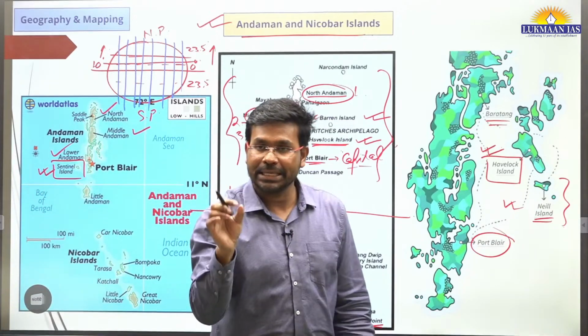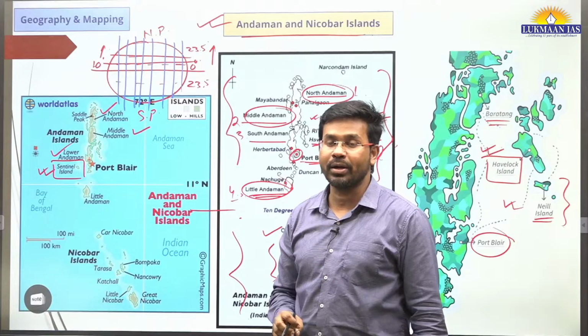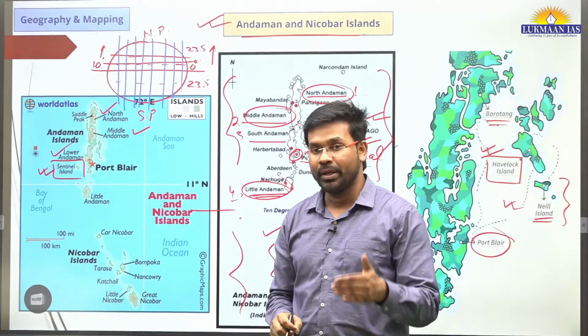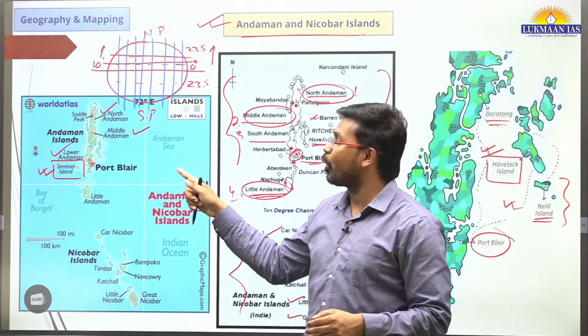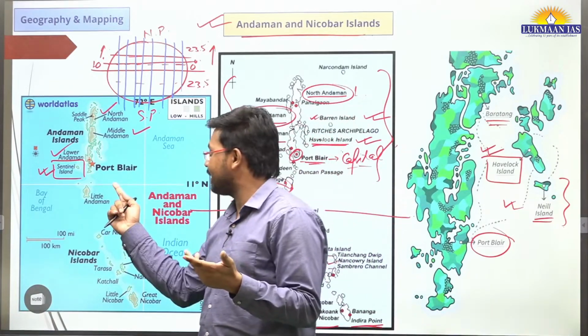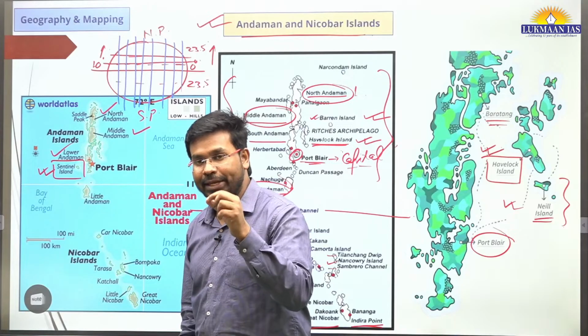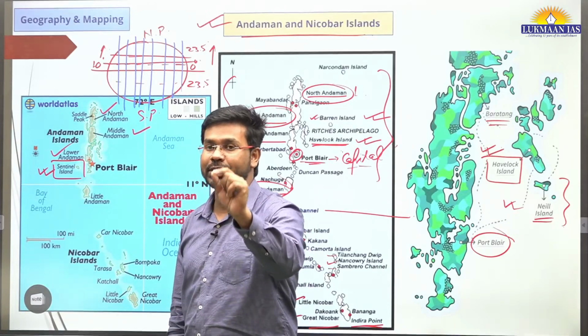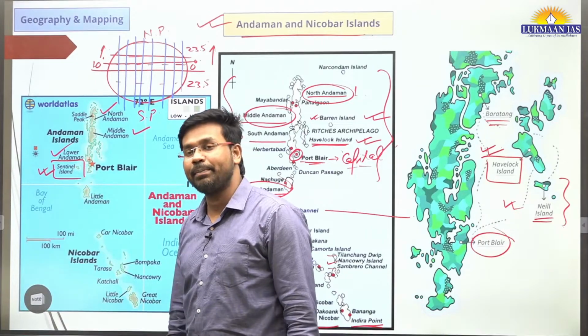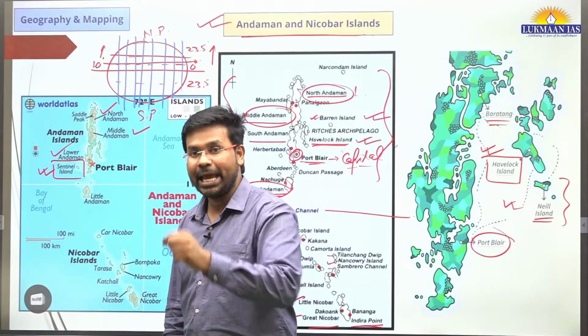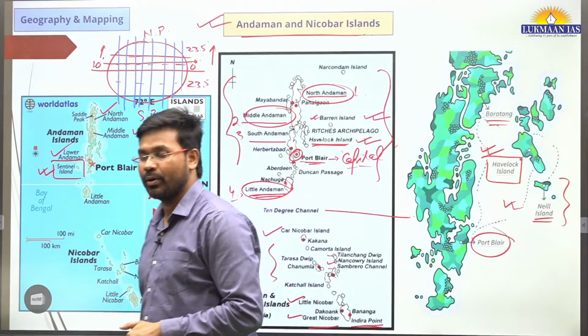Why? Because there was an American person. He was a blogger, let's say, a travel blogger. He wanted to establish a relationship with the Aboriginal people in Sentinel Island. He visited over there to establish a relationship, to meet with them. But the Aboriginal people in Sentinel Island killed that particular blogger over there.